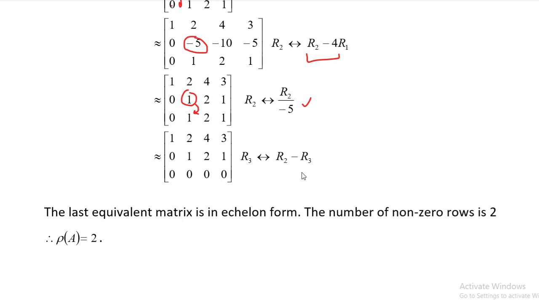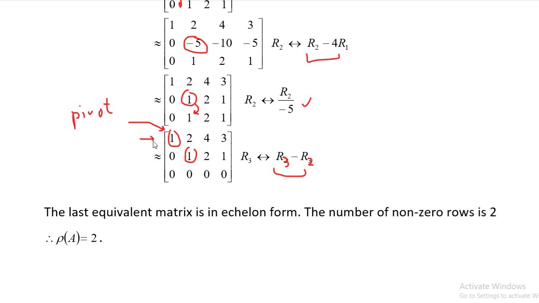So we subtract R2 from R3, that is R3 minus R2. So 0 minus 0, 1 minus 1, and again all entries become 0 coincidentally. This is my echelon form. This is also called the pivot element. The first non-zero entry of each row is called the pivot element. You should have zeros below the pivot element. Similarly, this is the next pivot element, and you got zeros below that. There is no pivot element in the third row, so we can stop here.